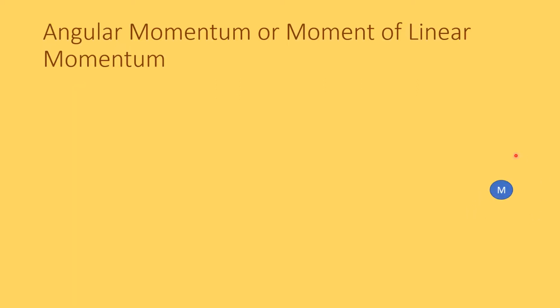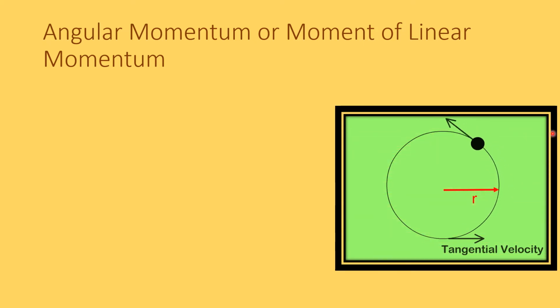Consider a point object of mass m and it is allowed to move at a fixed distance, say r. Then it is found that the object is performing a circular motion. So when it is performing a circular motion, its linear velocity is tangential to its path, and due to its mass, it also has some momentum. So the direction of the momentum is also in the direction of this linear velocity and it is also tangential to